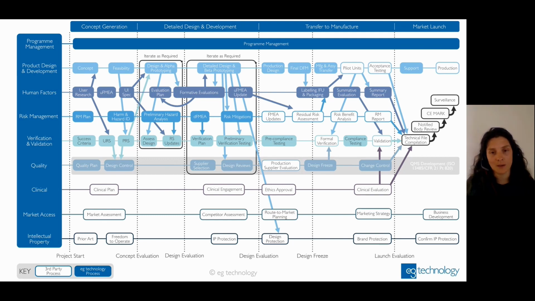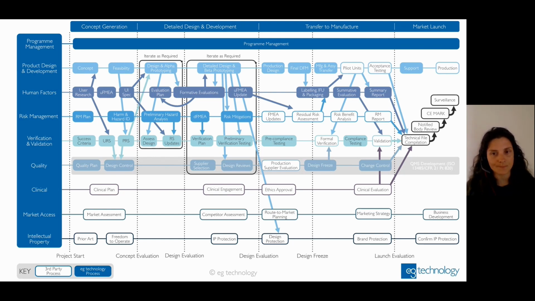You need to have designed your product, made representative production units. You need to have done large chunks of your formal testing already to prove that it meets your requirements, it's safe to use, it meets the standards, before you then evaluate them from a clinical evaluation point of view